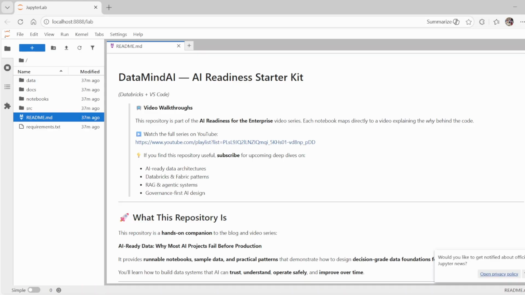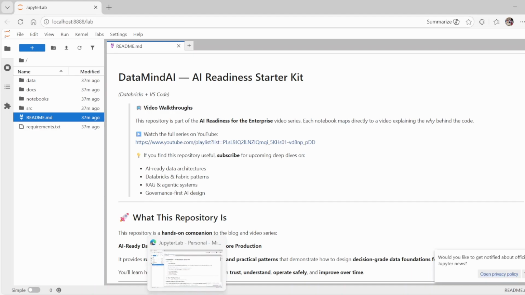And also I prepared another one if you want to use it in Azure Databricks or Databricks in general. So there are a couple of ways to go through this demo, and today we'll just start from